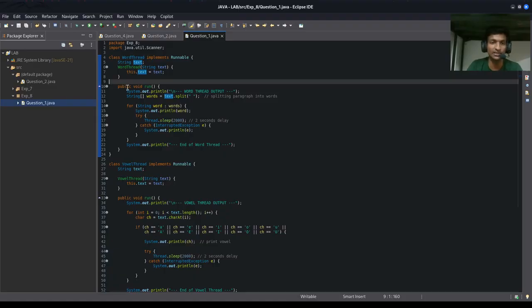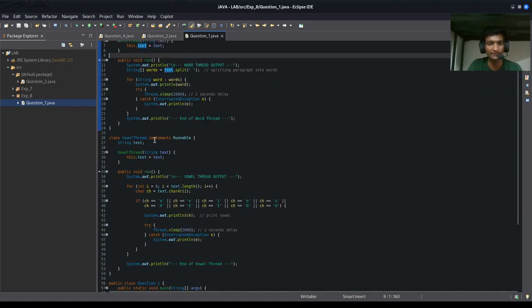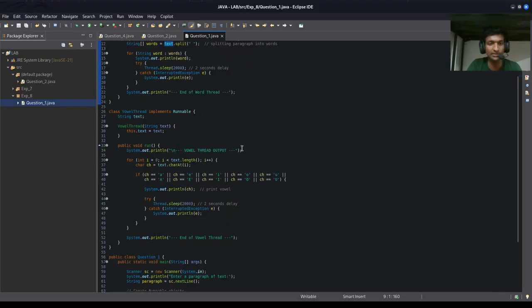Then we take that text and split all the words, and after splitting we use a for loop to print the words one by one with a 2-second delay. And this is the vowel thread. In the vowel thread we take the same text and iterate from the first character to the last character. Whenever there is a vowel, capital or small letter, it will print that vowel